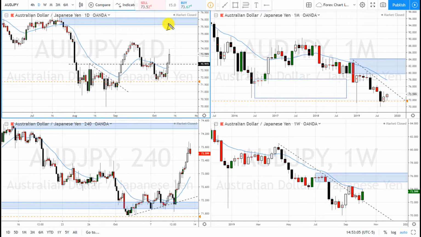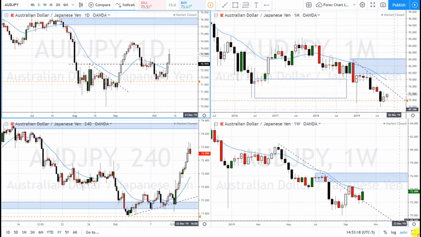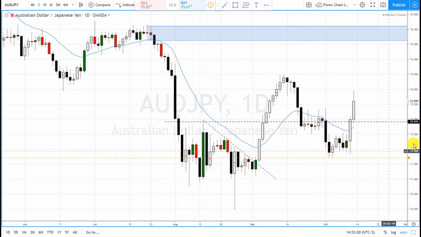So touch up here, drop, go up higher, and then, let me make this bigger. So we're expecting price to do this, drop, and then drop, and then come back up, and that's where we short